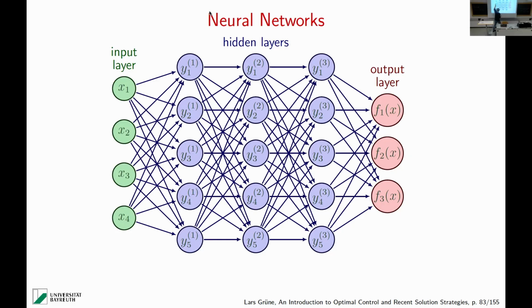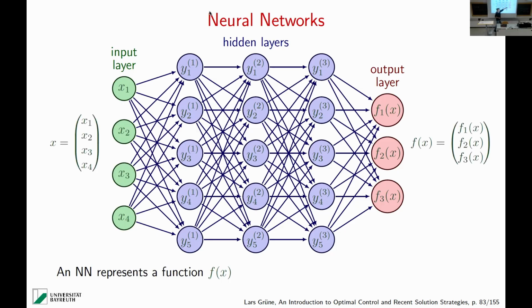Since everything depends on these 4 input values, essentially the output layer is just 3 scalar components of a function. So what we have is a neural network representing a function f of x. We have here the input vector and here the output vector. That is the map f of x. So it's really a function, and that's a good thing because this is precisely what we will need for reinforcement learning and for our applications of neural networks.